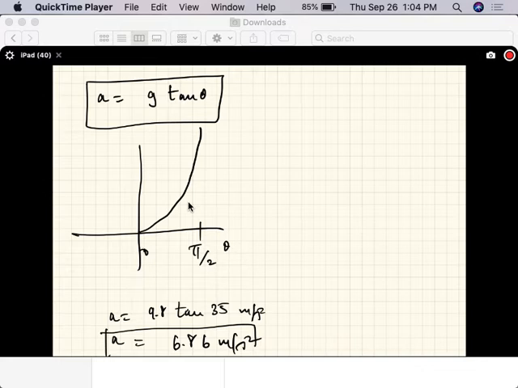So the joke is the fastest acceleration to achieve from a car is to drive it off a cliff. And when you're free falling, then